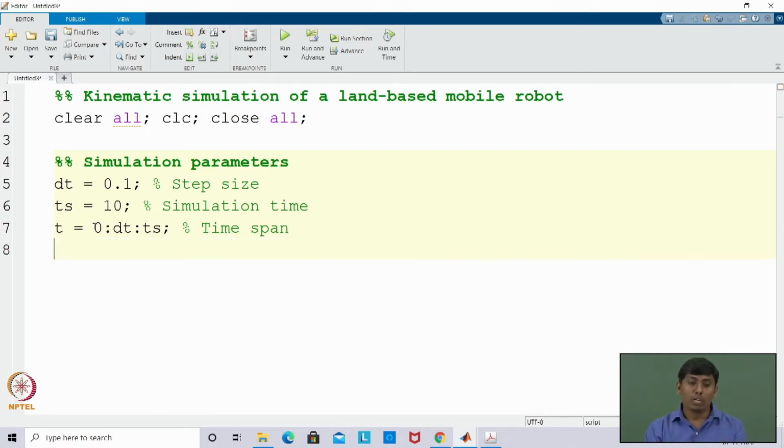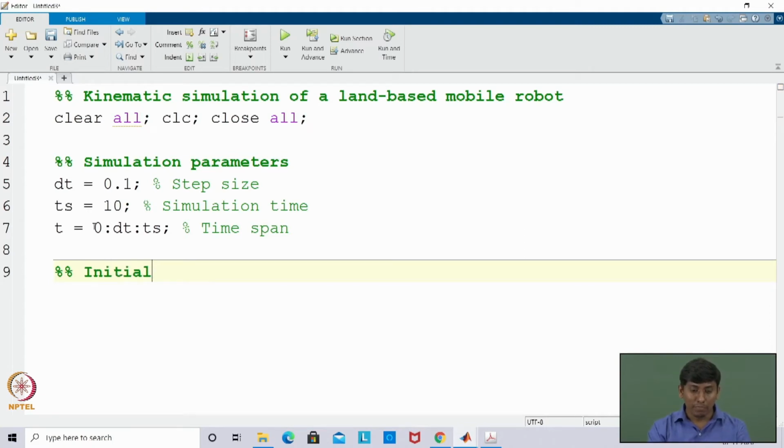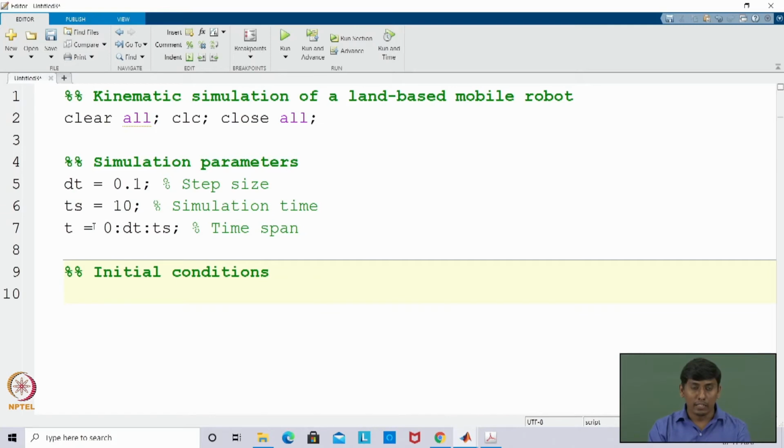So now I am trying to give the system parameters here for solving the ordinary differential equation. One should know the initial condition, so I am giving the initial condition, which I am calling eta of 0. For that I need to know the x position, y position and psi position. So I am writing x naught as my initial x position and y naught as my initial y position. I am assuming everything as 0, and psi naught, which is again the orientation, I am also assuming as 0.